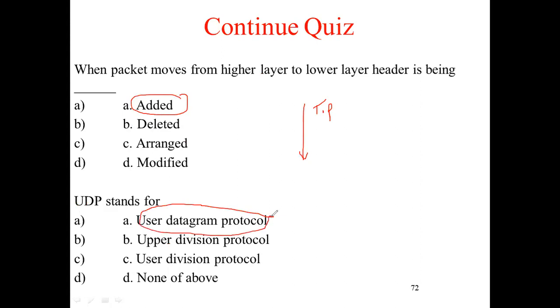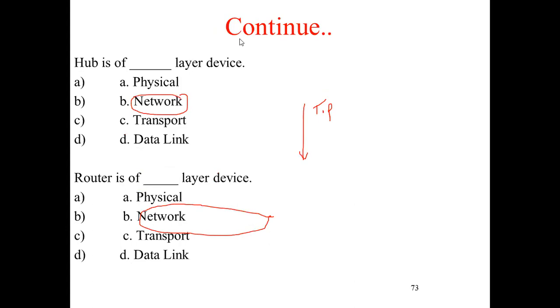Please remember, right? We are left with only 1 minute, so I'm not taking much time. Hub is a device of that layer, the physical layer. Hub is a device of